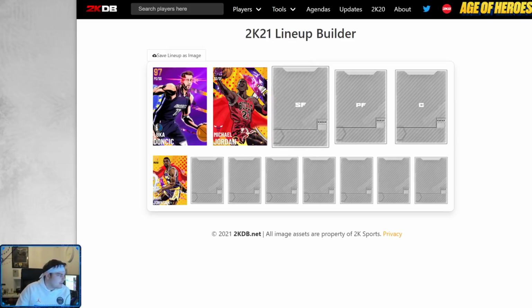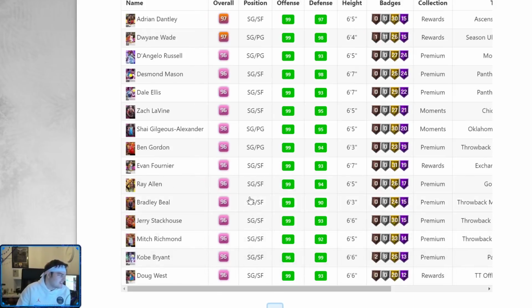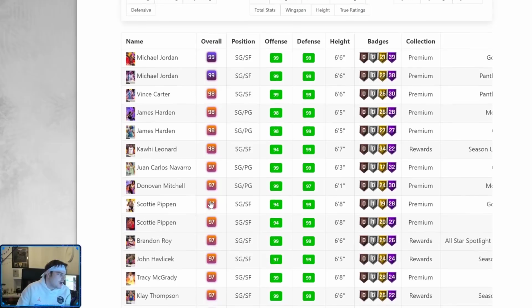I'd rather use Kawhi than this card, but you can't not put him in. It's a close one for me between number 2, because I really like Scotty, but he's a cone. I really like T-Mac. I reckon it's between Tracy McGrady, Juan Carlos Navarro, and, what's the dude's name again? Malik Sealy. Between those three guys, I'm gonna put in